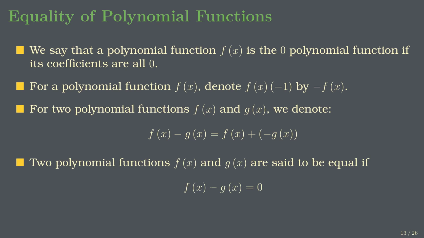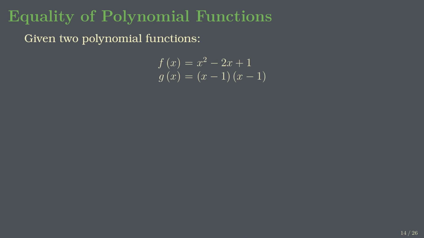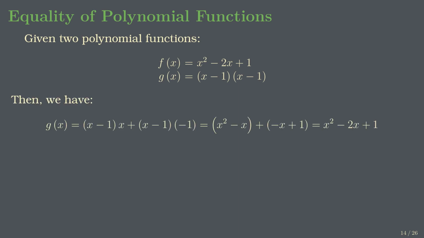Okay, so let's take a look at an example. You have f(x), a quadratic function, and g(x) is given as the product of two linear functions. In order to compare f(x) and g(x), first of all you just need to compute g(x) using the formula for the product of polynomials, and you get the answer that g(x) is also x squared minus 2x